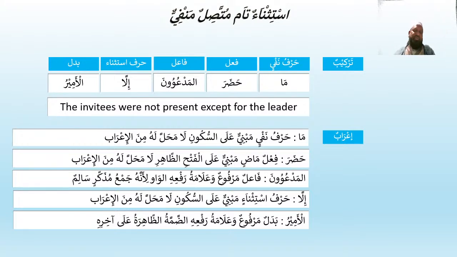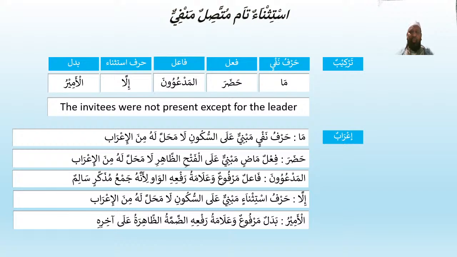All right, what we've learned today in this lesson is the second I'rab of the mustasna. Second I'rab is Jawazu Nasbil Mustathna أو الاتباع. It is allowed to make the mustasna in nasb case, or make it mustasna mansub, or you can follow the I'rab of al-mustasna minhu. So to do that, there are three conditions to match.